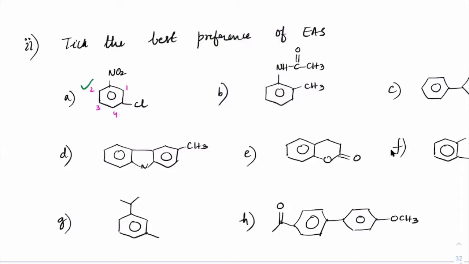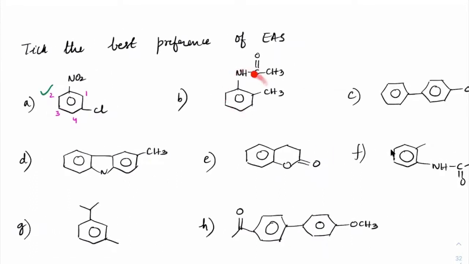See, with respect to chlorine, if you write the EAS, it will get here, here, or here, correct? These three are the positions open. Well, 1 and 2 are similar, except that 1 is too crowded on both sides. And 1 and 4 are similar. Here 1 is too crowded, so leave that. Now between 2 and 4, 4 would have more minus I of chlorine as compared to that of 2. Now you place it at the 2 position or 4 position, the positive charge will come here only. Yes, the point is clear. Even if you put it at 4, will you avoid the positive charge coming here? No, right? You cannot avoid that. So where does the NO2 come better? Here, the second position.